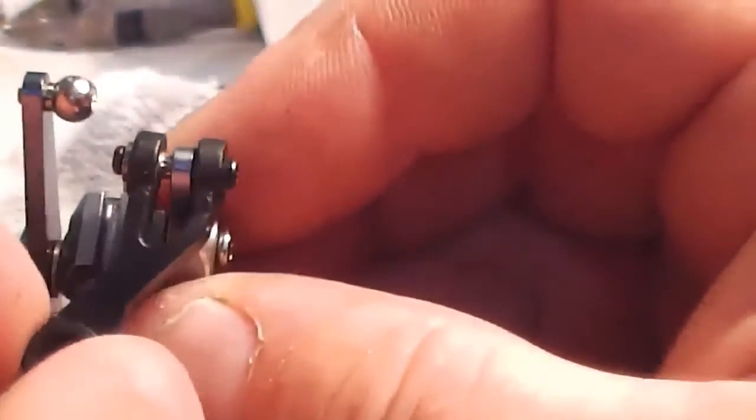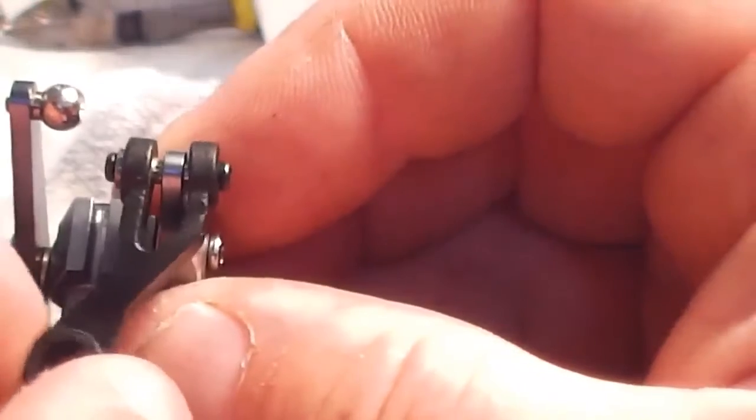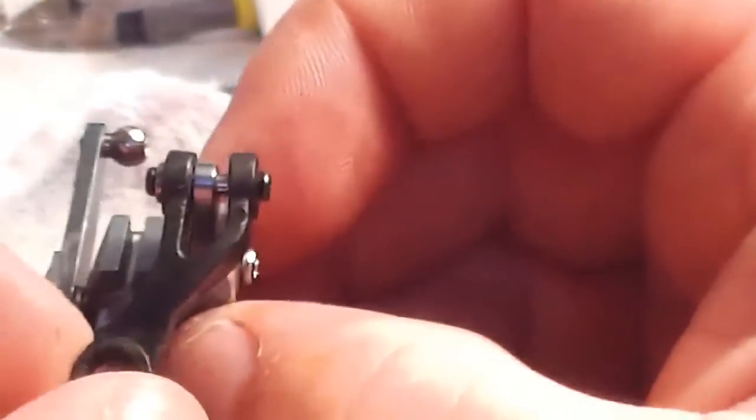When it's out of its little knurled piece, you're getting a lot of play there, and when it's pushed across it's actually all gone. It's beautiful. So I'm going to have a play with that, and basically these have got little Torx screws,